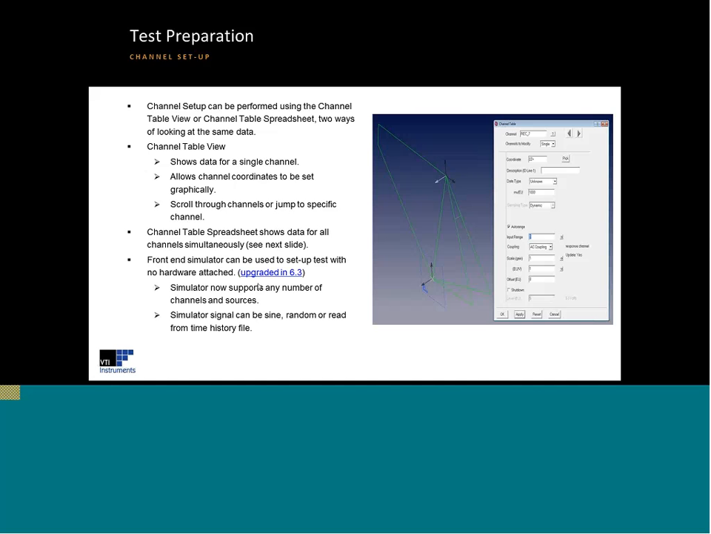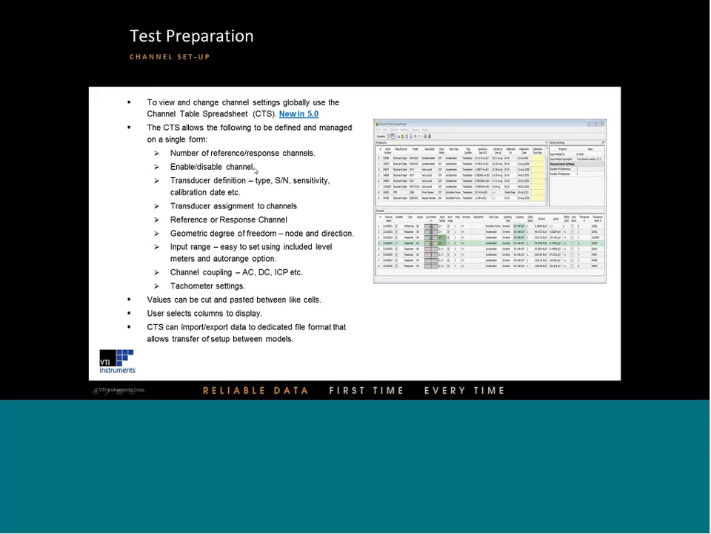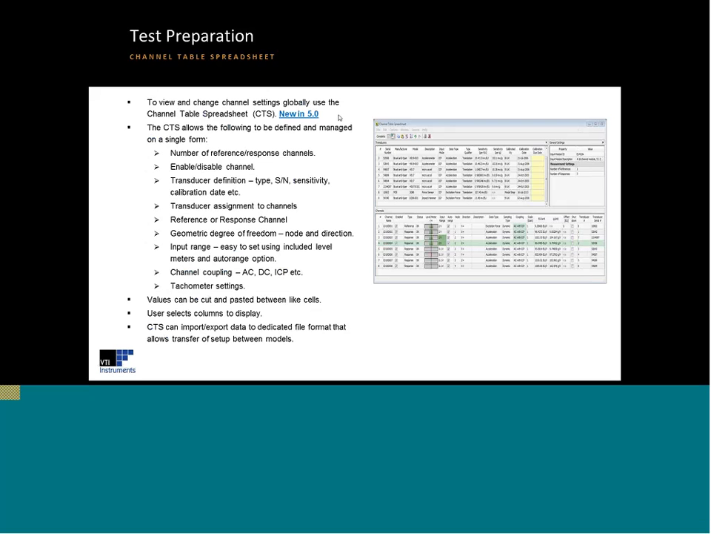So the front-end simulator can be used, say, sitting at your desk, then move to the model tab. This slide looks at the channel table spreadsheet, and as I said, it gives a global view of all of the channels. From this form, you can set the number of reference and response channels,